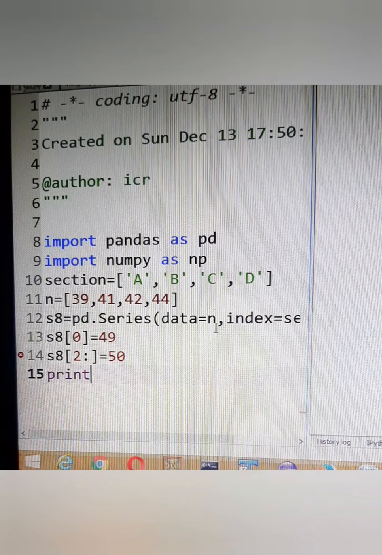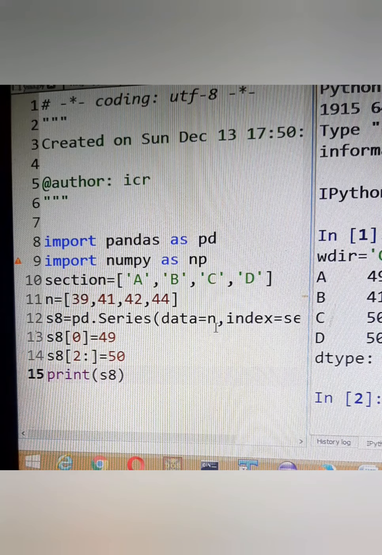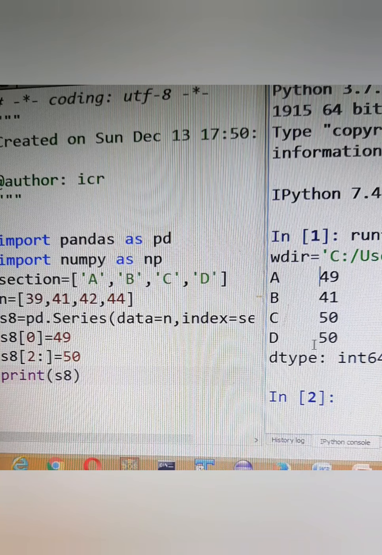Now if I want to print my series object S8 and if I run it, what I am getting is A's index position now has the value 49, and that of C and D have been changed to 50. So it's very easy to change the values of a Pandas series object by using just the index position.